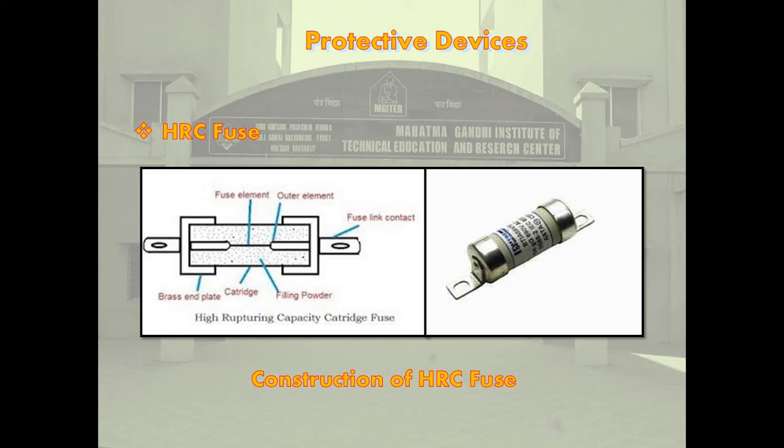This type of fuse is used in important applications like protection of cables, protection of bus bars, protection of motors, protection of low voltage distribution systems against overload and short circuit, backup protection to circuit breakers, and protection of semiconductor devices. So the fuse is one type of protective device, alongside the circuit breaker.